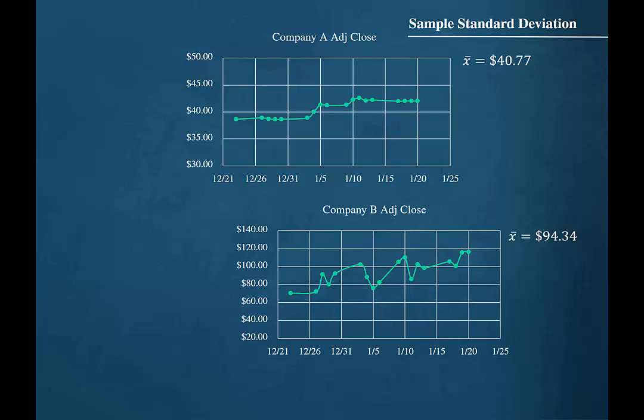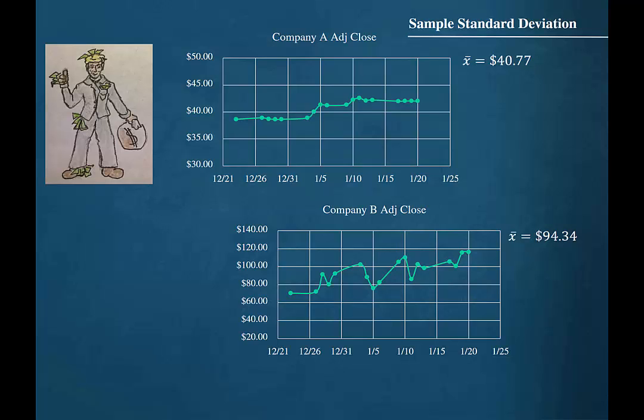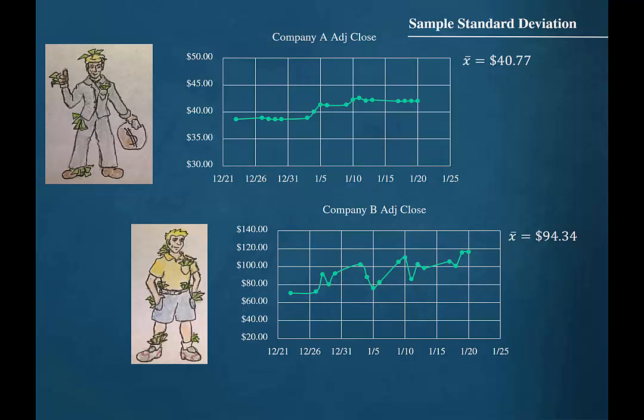Both of these stocks appear to have an upward trend in their stock price. But Company B appears to have more variation in its stock price. This variation can influence a decision with regard to risk. In many cases, an older investor would be less likely to be willing to incur high risk in an investment